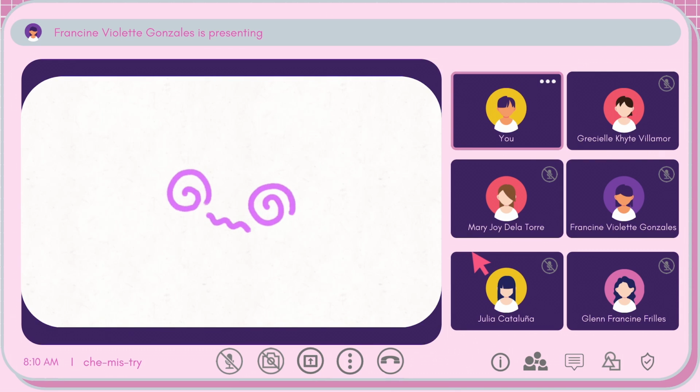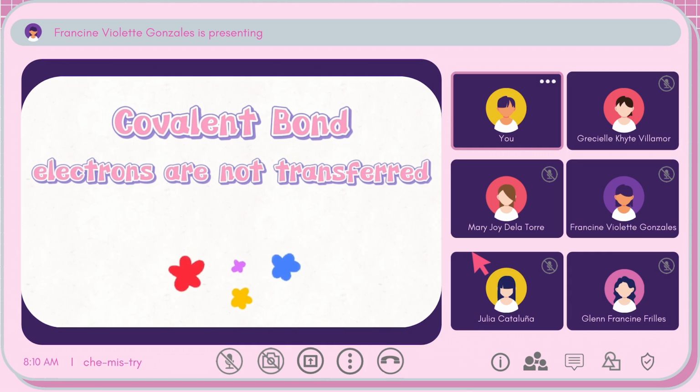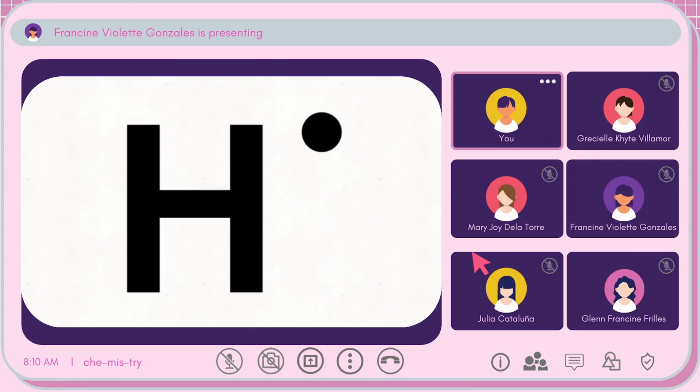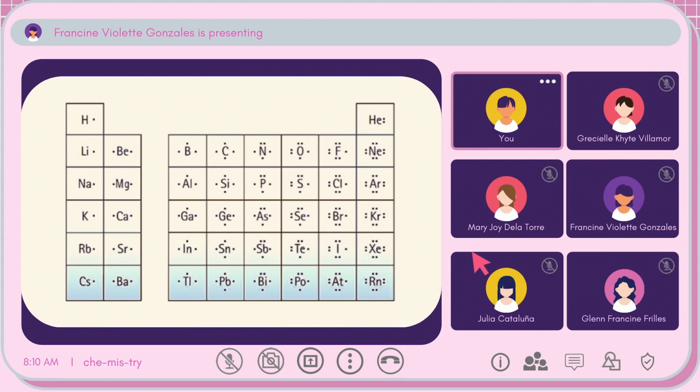On the other hand, in the covalent bond, electrons are not transferred but shared. As an example, let's take the element hydrogen. A hydrogen atom has 1 valence electron. Note that elements under the same group contain the same number of valence electrons, like hydrogen and sodium in group 1A. Furthermore,